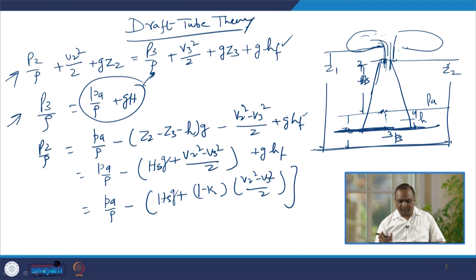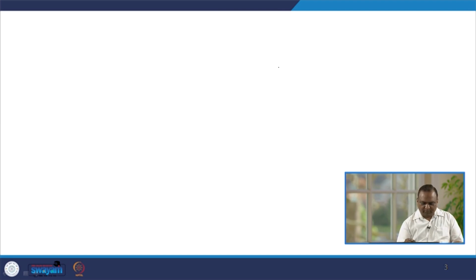If you reduce the head or the pressure below it, in that case the boiling of water takes place. The temperature of the water becomes the saturation temperature of water, the boiling of water takes place, and when this water flows and these bubbles collapse, it causes cavitation. So, pressure is reduced to a certain extent so that the vaporization of water does not take place or bubbles are not formed. Now, we will discuss the Kaplan turbine.